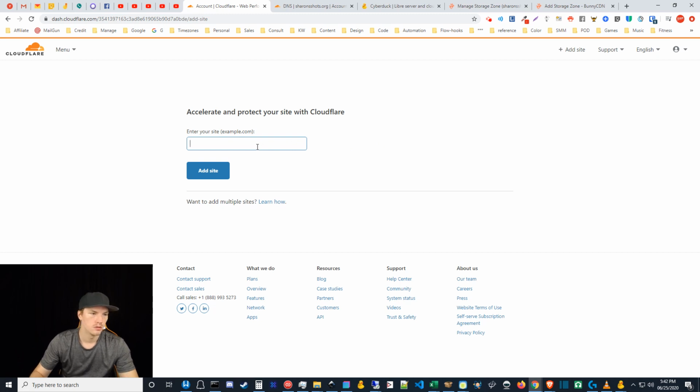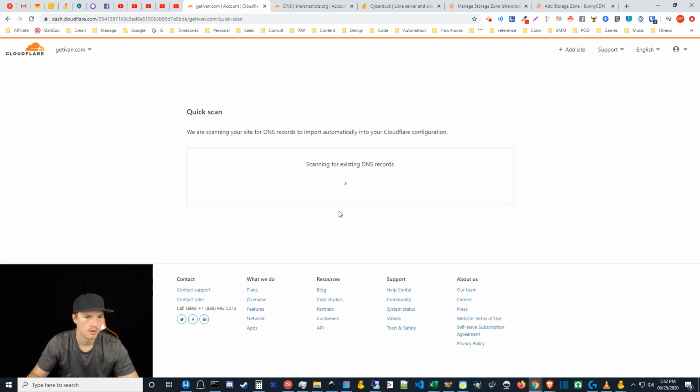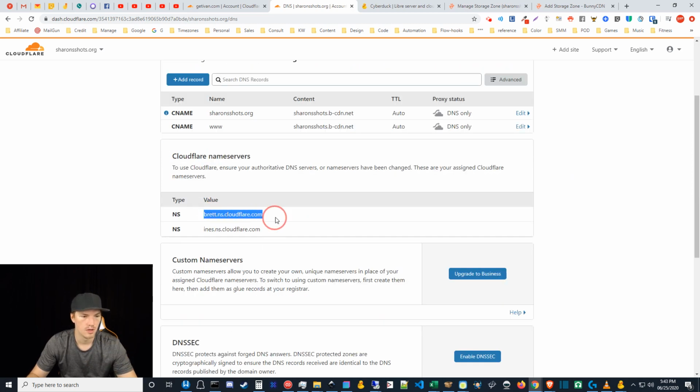Anyways, to go through this process, obviously you'll type in a domain when you go to add site, then you go to the free plan, and it's probably going to find a whole lot of records here, but you basically will go through this process, keep clicking continue, the default settings. Eventually it will give you the name servers, which are right here, brett.ns.cloudflare.com and